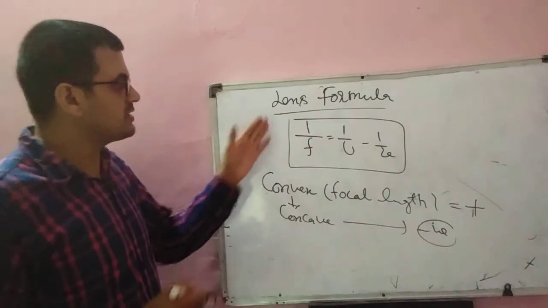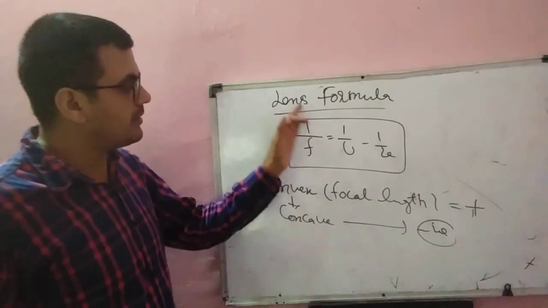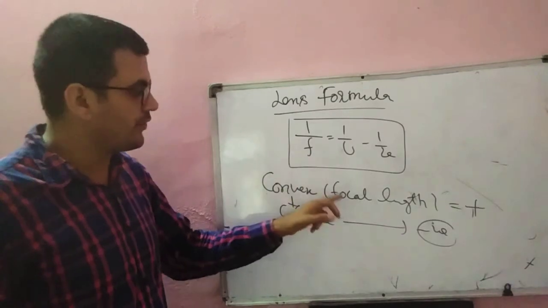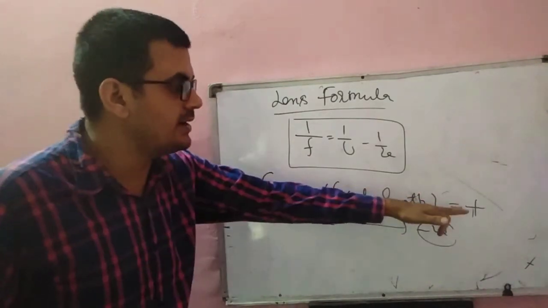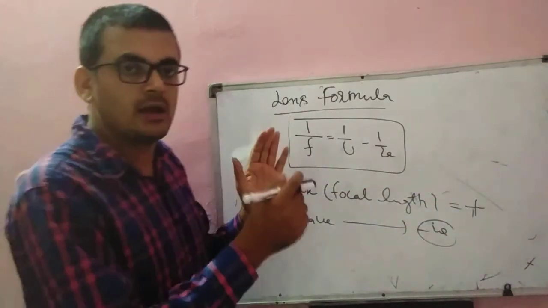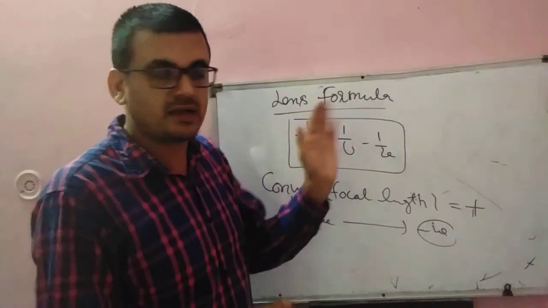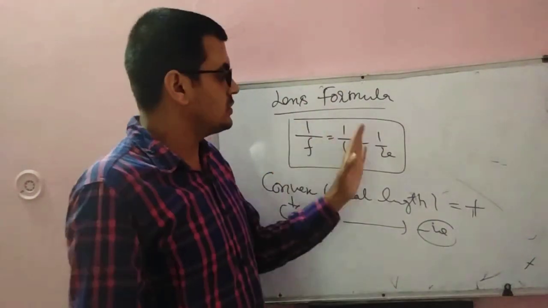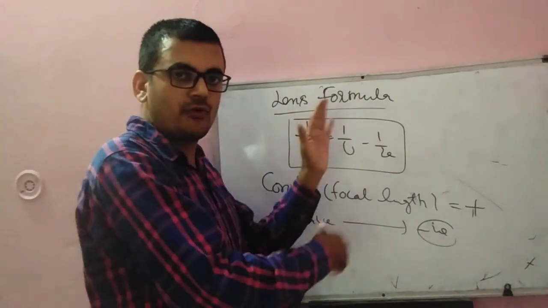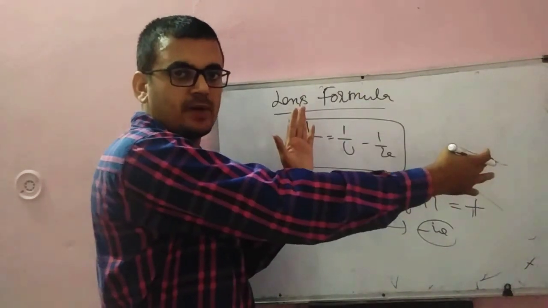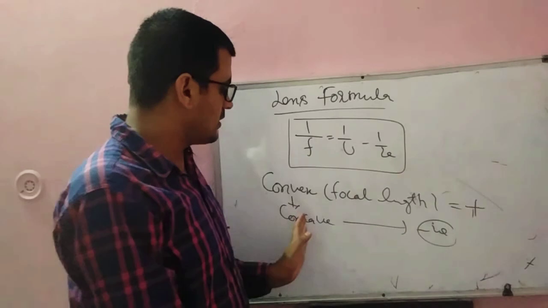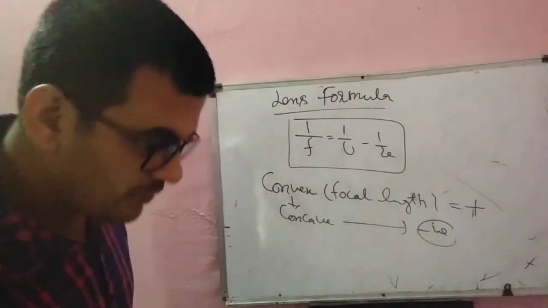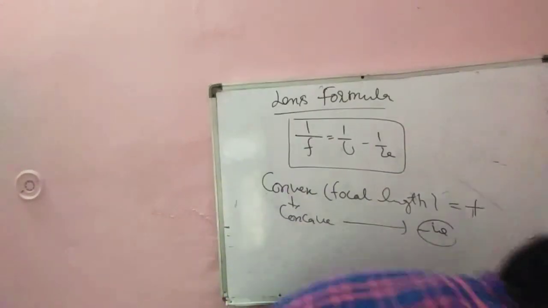Okay, so this is the lens formula. 1 upon f equal to 1 upon u minus 1 upon v. f is the focus or focal length. For convex lens we will take it positive, because why? I have told you the sign conventions. Whenever distance is measured to that side, we will take positive. So always we get the focal length to that side of convex lens. That's why it is positive. For concave lens, it will be negative. Okay, few more terms.